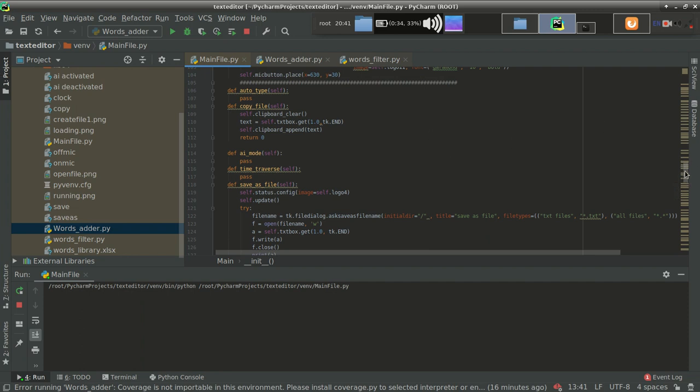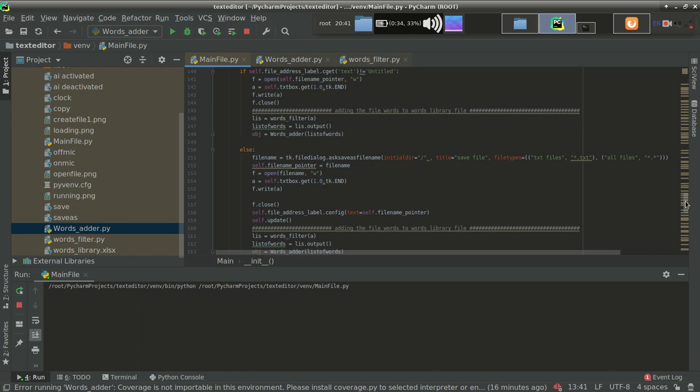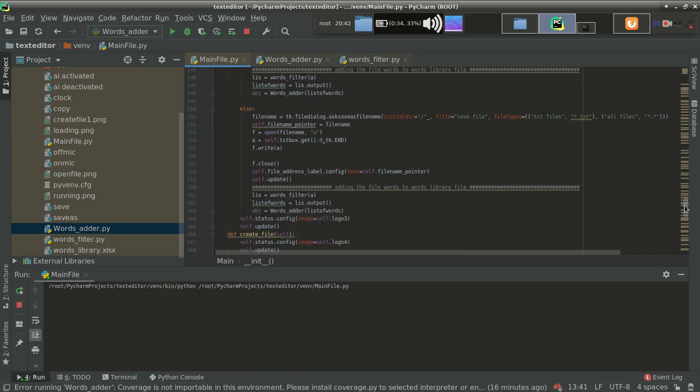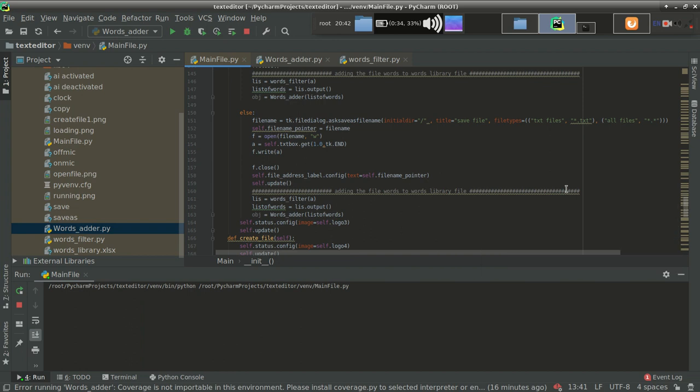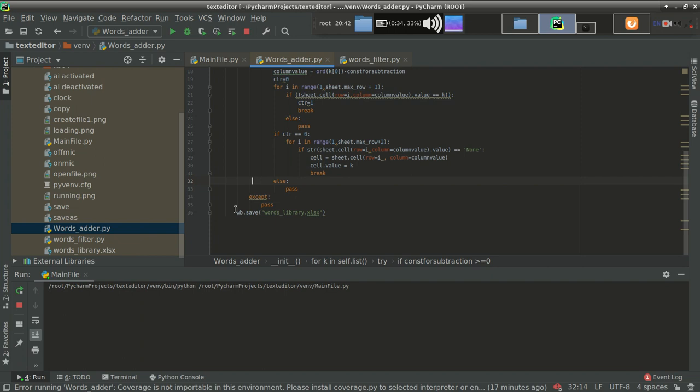But it should be installed because it hasn't thrown any warning. Words adder. Yeah, save is also fine. Let's see, it can be a very silly mistake also, that's why we are not getting the output.